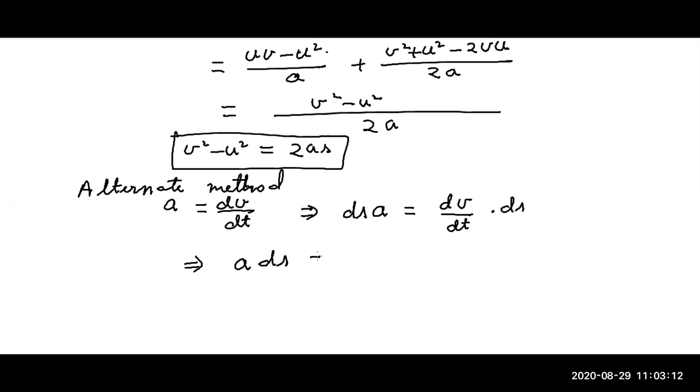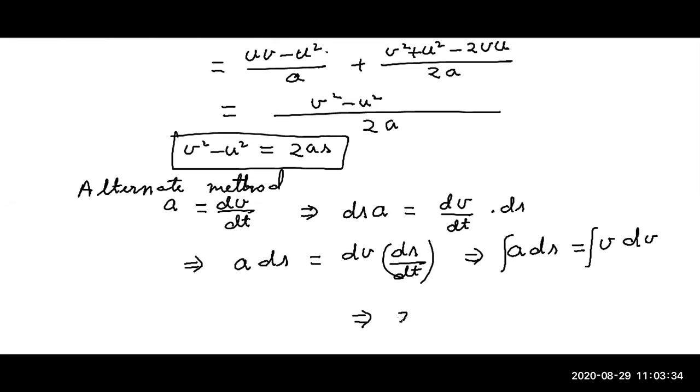Small displacement, and ds by dt is that small displacement by small time, this will become velocity. So ds by dt becomes v dv, and if we integrate it,